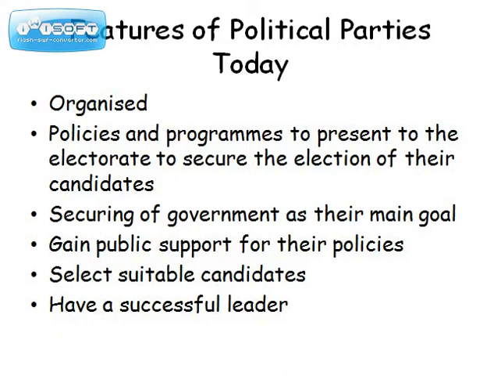The next one: parties must develop policies and programmes to present to the electorate to secure the election of their candidates. Behind such policies usually lies some kind of ideology. We'll be looking at that in more detail later. Large parties have the securing of government office as their primary goal. That's fairly straightforward. Some of the smaller parties may not necessarily strive to become the government, but to try and influence the government in power in some way.